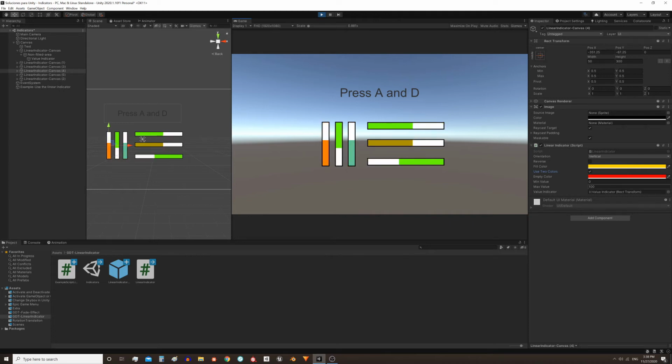This minimum and maximum value are used to define the range that the indicator bar is going to display. For example, if you have a character that has a health of 500 points, the minimum value should be 0 and the maximum value should be 500. That way, when we pass the current health value, the bar is going to show a percentage of the total health. This last field is simply the reference of the field. It's not necessary to modify it.